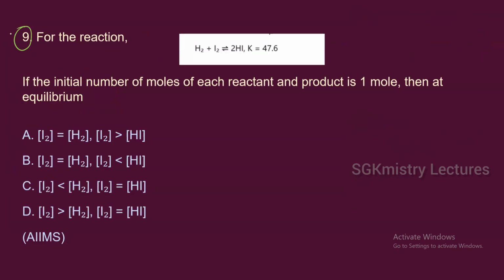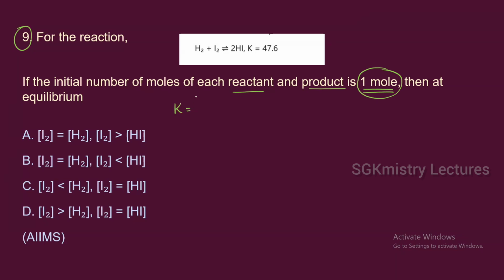For the reaction, one reaction is given where H2 and I2 react together to give 2 moles of HI. So the K value is also given, that is 47.6. If the initial number of moles of each reactant and product is 1 mole, this is the initial concentration, then at equilibrium, what is the relationship between the concentrations of the reactants as well as the products? So that is what is asked. So initially,